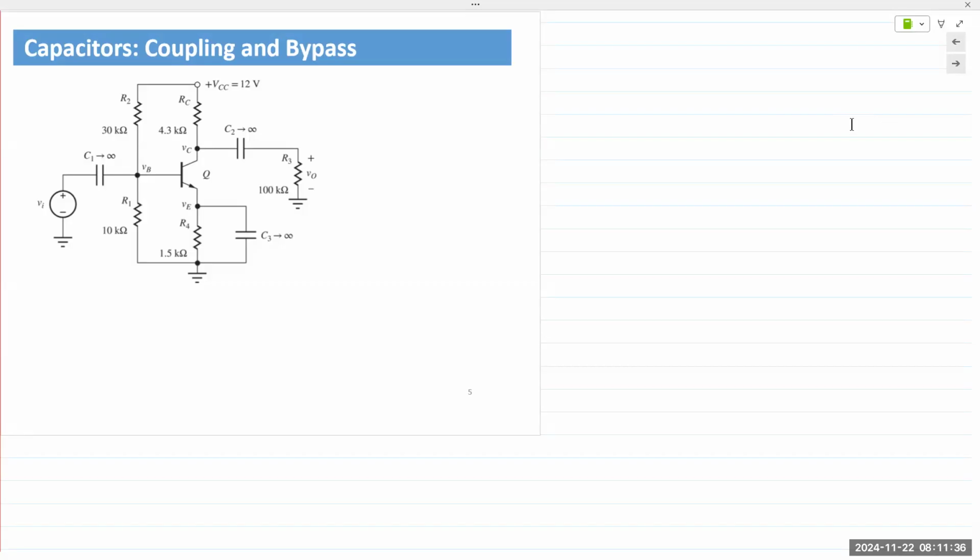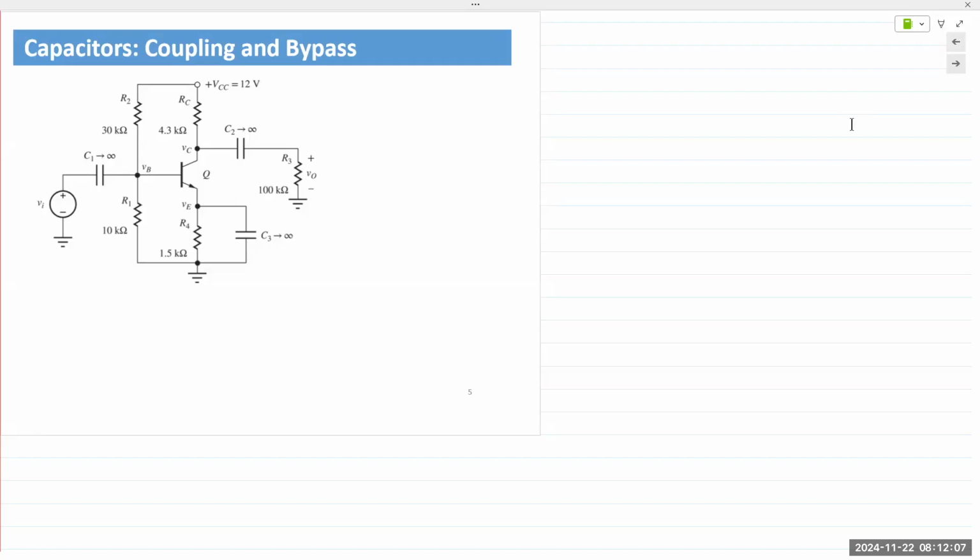Okay, so the principle of superposition applies for this analysis, meaning we can analyze the DC effect of the circuit separately from the AC. And then we can add up both of those together to have our combined final output. So we saw in the previous lecture how we can analyze the output of a common emitter amplifier using the load line method. Now we're going to go into a bit more of the details on the capacitors and then